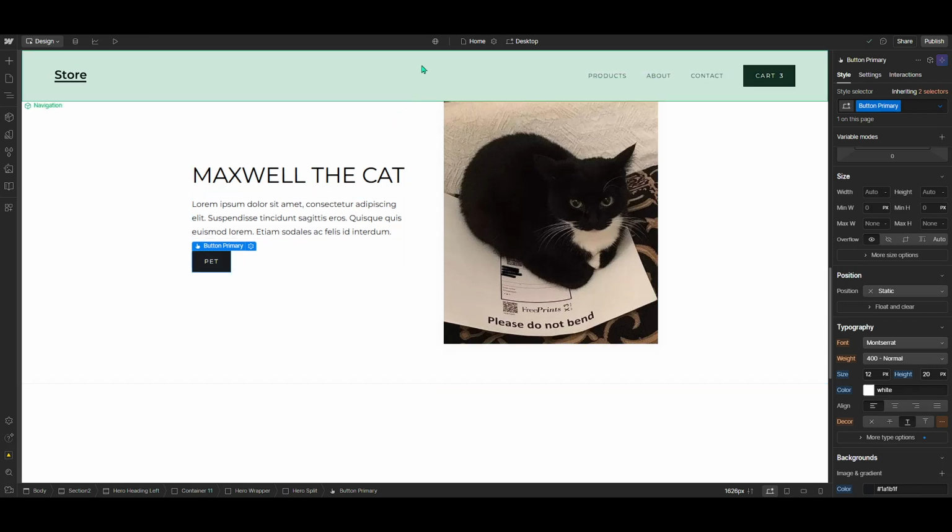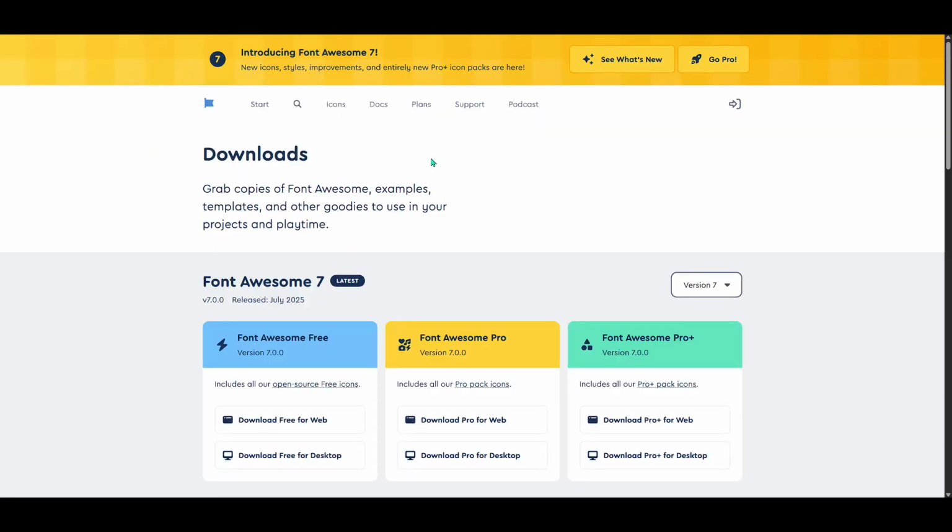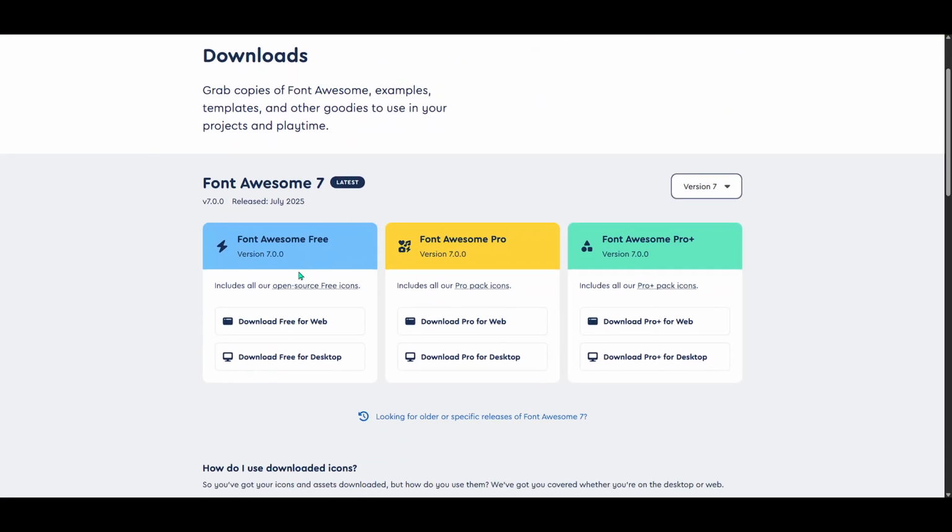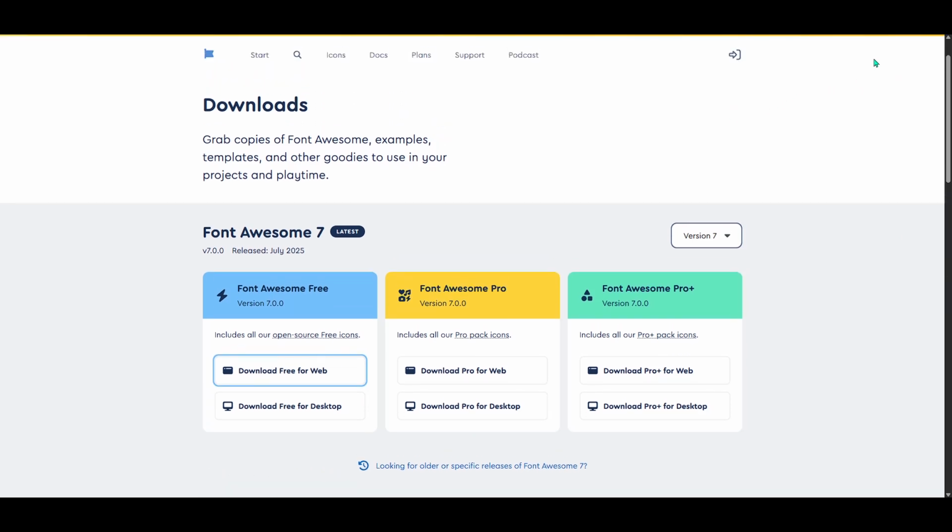The first thing you need to do is download the icon font from Font Awesome. This is a fantastic resource that provides a wide variety of icons you can use to enhance your design. Make sure to head over to their website and download the latest version of their font pack. Once you've done that, you'll have a compressed file on your computer that needs to be extracted. Go ahead and extract the file to a location you'll easily remember, as we're going to need to access it